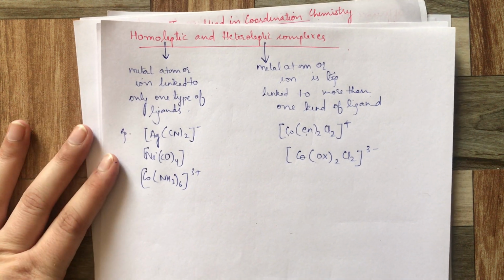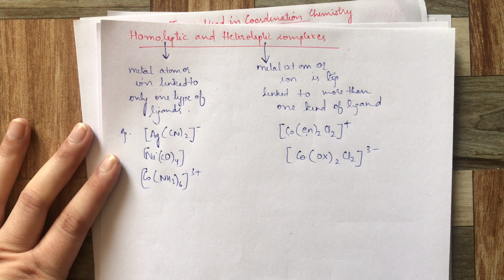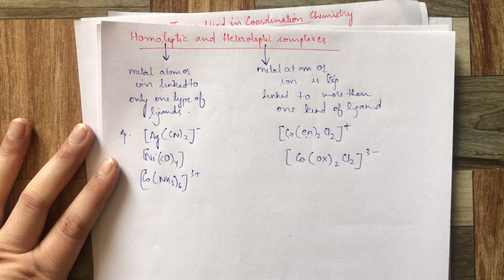In the next segment we will talk about the oxidation number and the naming of the ligands. There we will discuss more about the coordination sphere. I hope the terms used in coordination chemistry are clear to you. Do it again and again and try to note them down also.